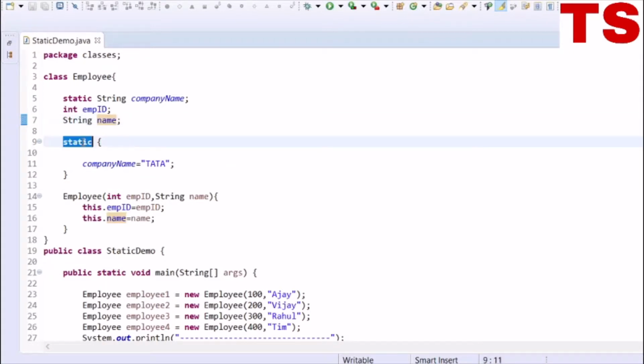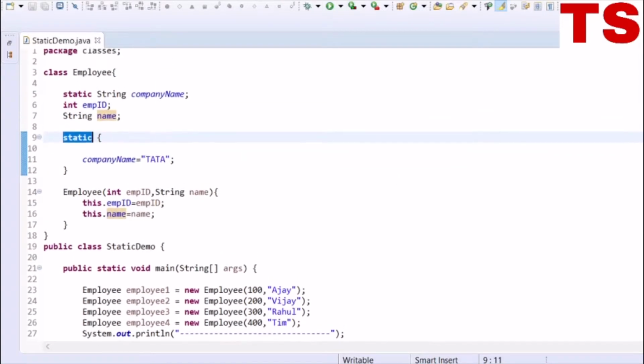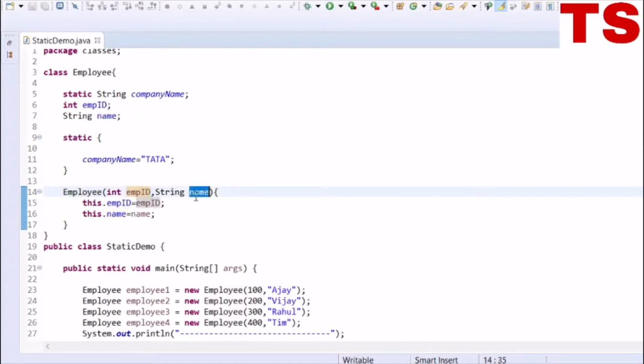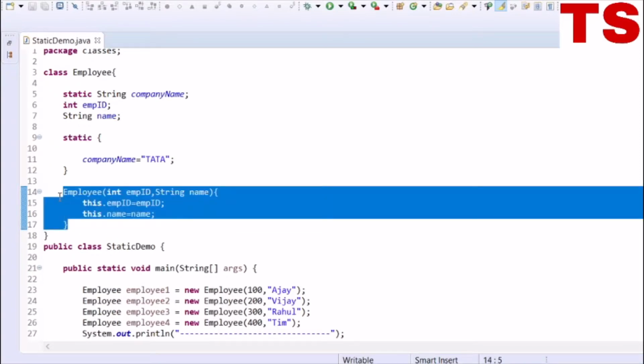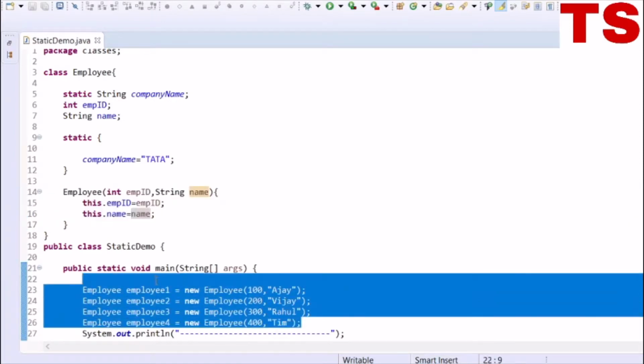We have initialized the company name to some value in a static block. Now in the constructor of an Employee, we are sending the parameters employeeID and name, and we are assigning the employeeID and name for each of the employees.